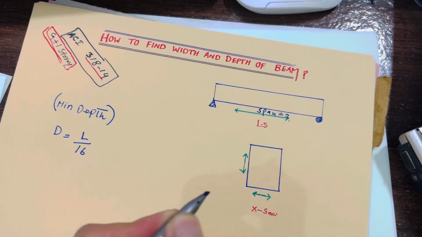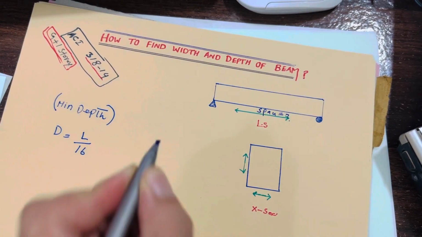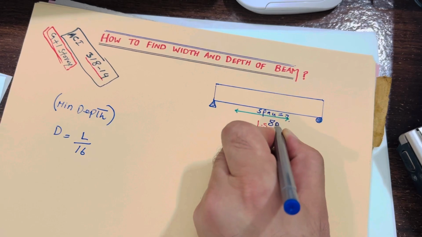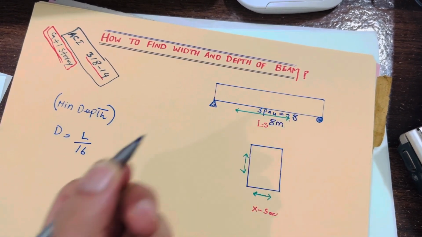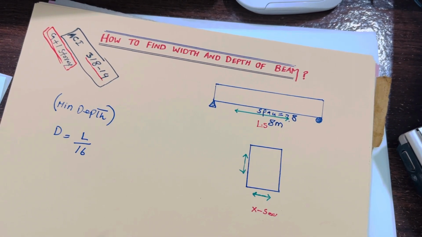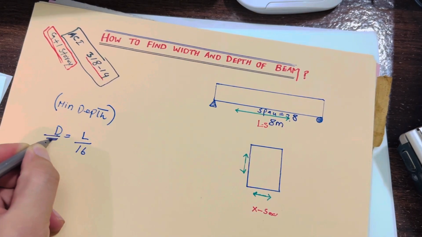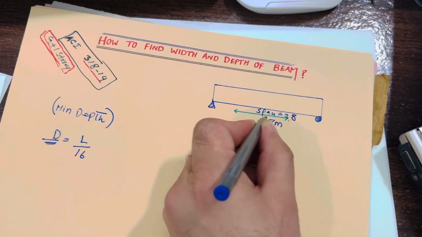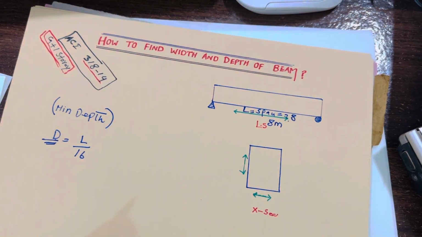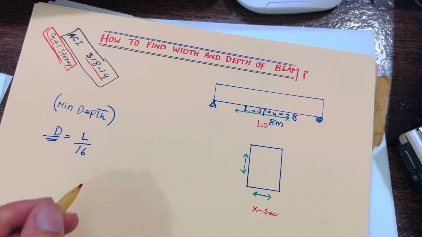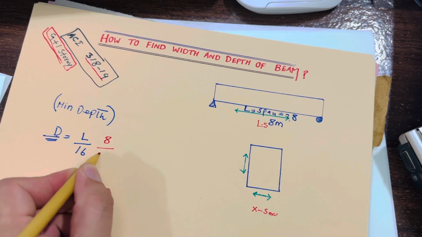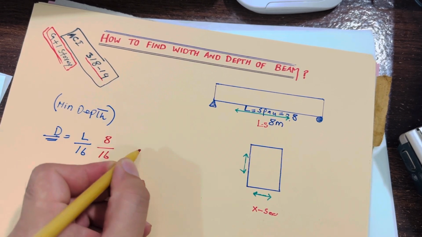Suppose the span of this beam is, for example, 8 meters. So how can you find the minimum depth? D, the depth, is L divided by 16, where L is the length of the beam or span. L is equal to the span, which is 8. So you can do the calculation: L is 8 divided by 16, so you will get the value